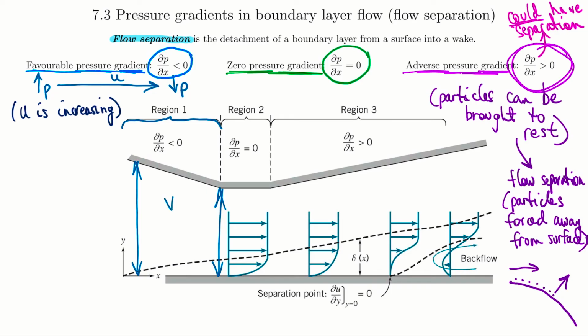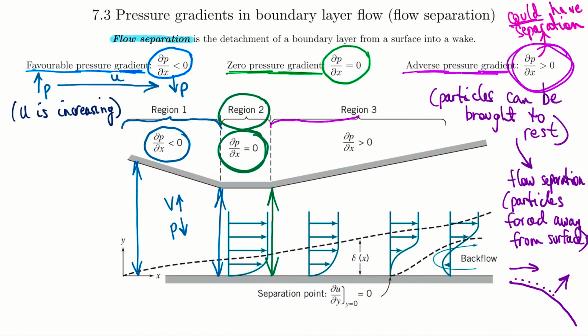So the velocity is going up in this zone, which means that pressure must be going down. If pressure is going down, your pressure gradient is negative, so you're going from a high pressure to a low pressure, so that one is favorable. Second region, no change at all. The area at the beginning and the area at the end are the same, so region 2 has a zero pressure gradient. And then region 3,